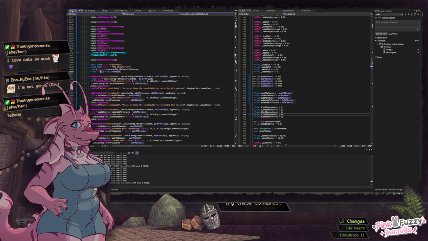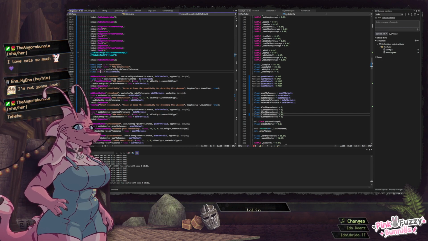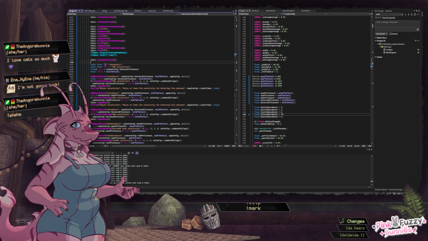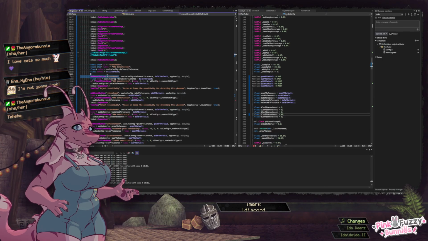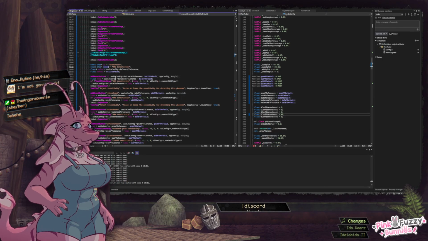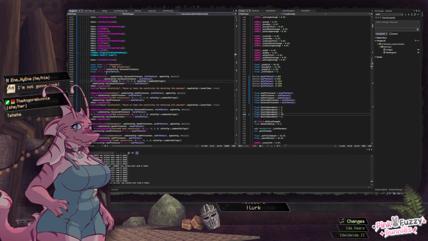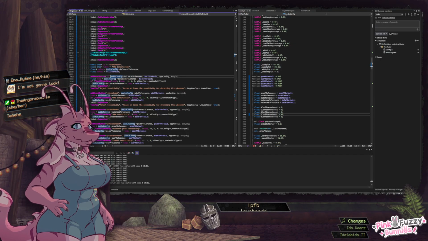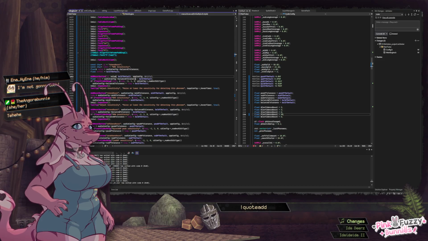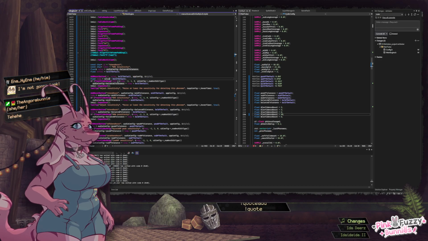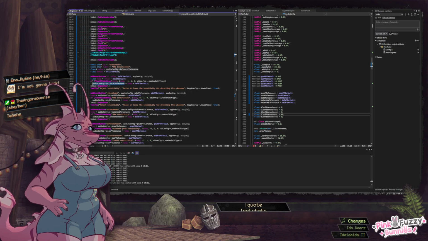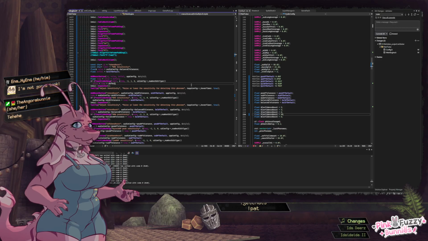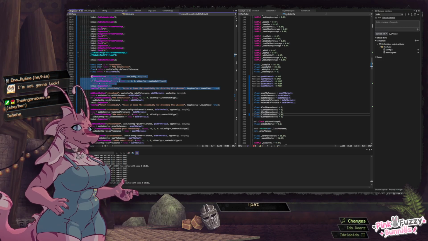Call this def val because default is already a word being used. Okay, now let's do, so ID is that, label is that, value is this, default value is that, and now I can do